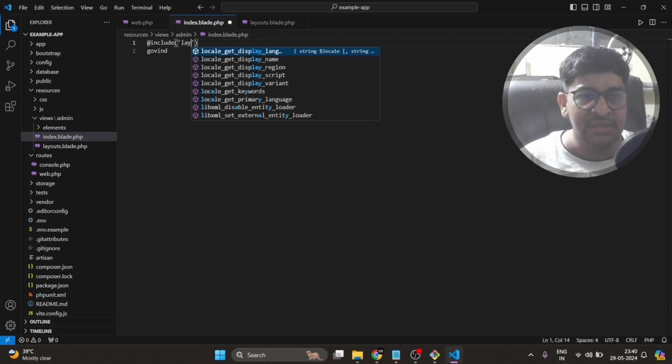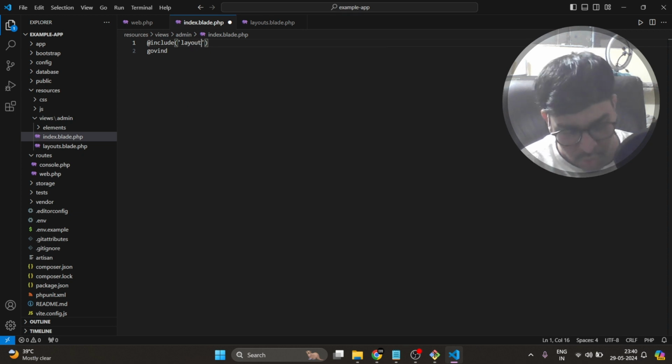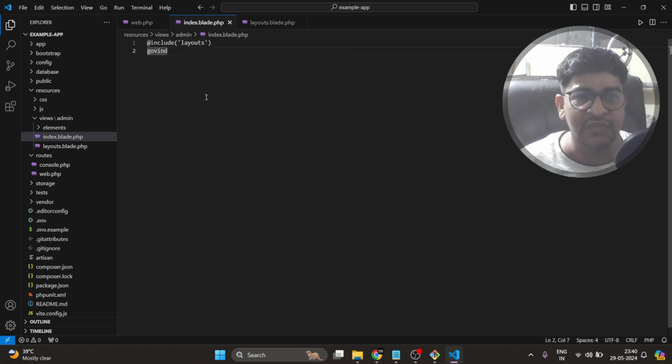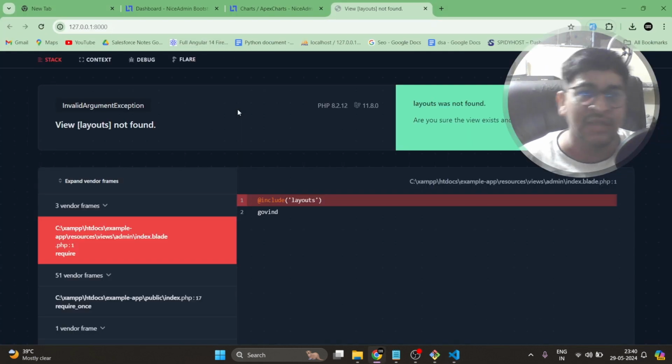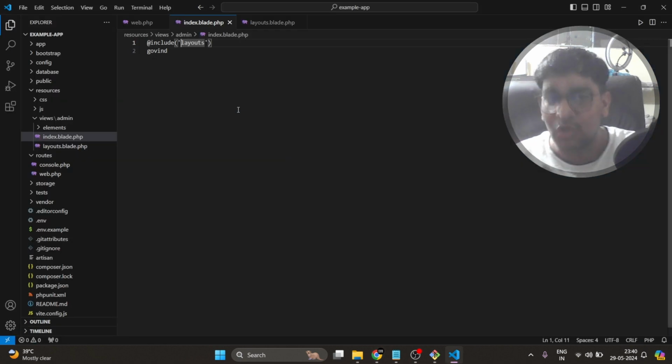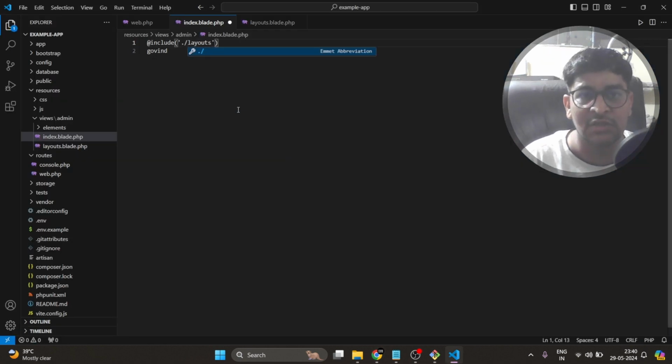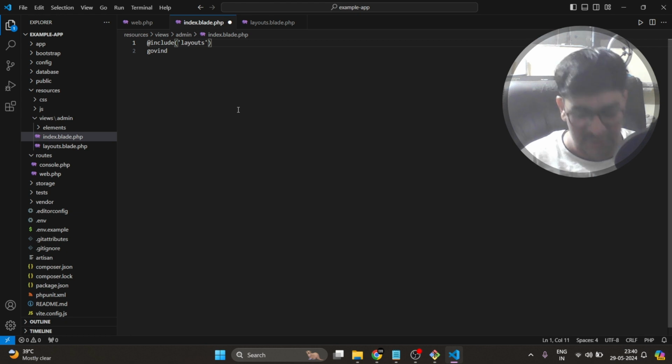Our file name is layouts. Okay, so I just called a file whose name is layouts. Now if I do something like this, it will give you an error. Now what I was talking about recently, about this dot slash and other things: if I do something like this, we have a folder like admin.